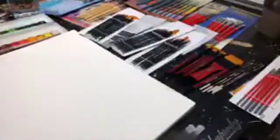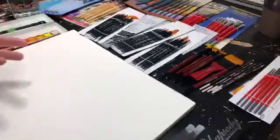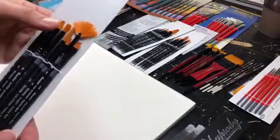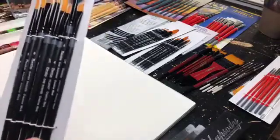First, let's talk about brush shapes, and I think really the best brushes to overview brush shapes are these Bestie brushes. Everybody knows what...